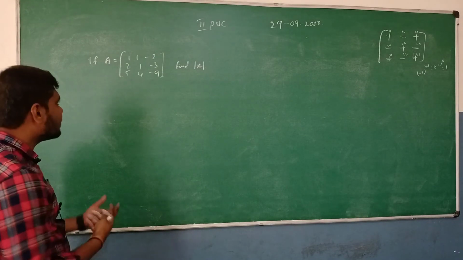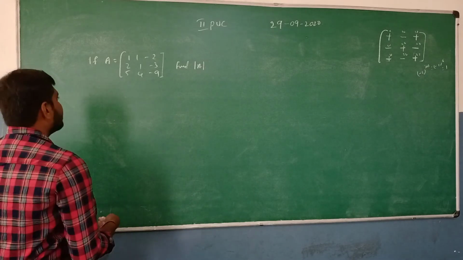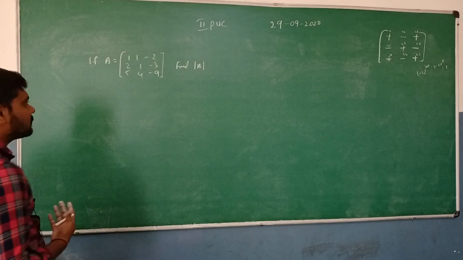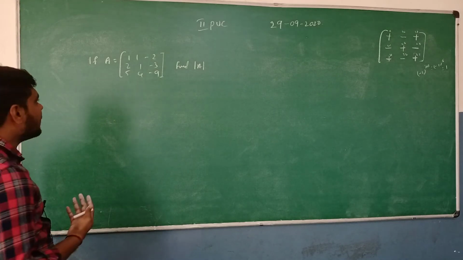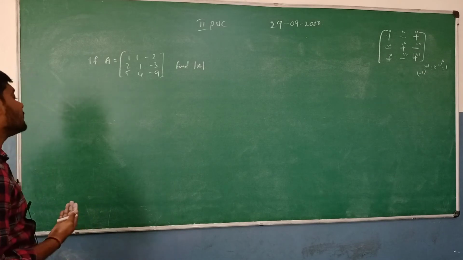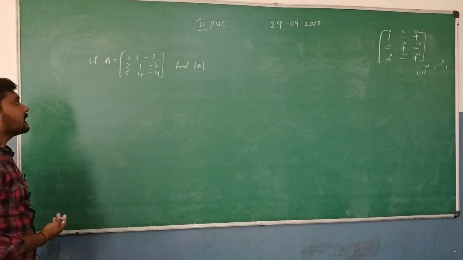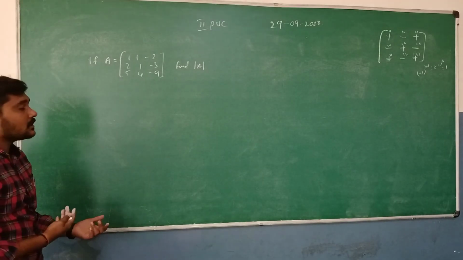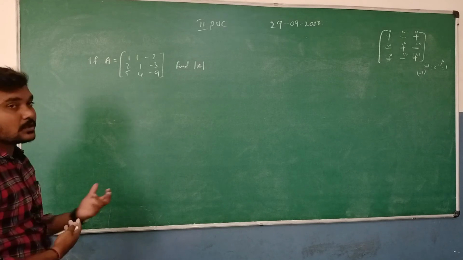There they asked us to expand directly; here they have asked us to find the determinant. Okay, so which row and which column should we expand through? In the given matrix there will be no zero present here, so we can expand through any one of the columns or any one of the rows. We are familiar with row 1, so I am going to expand through row 1.